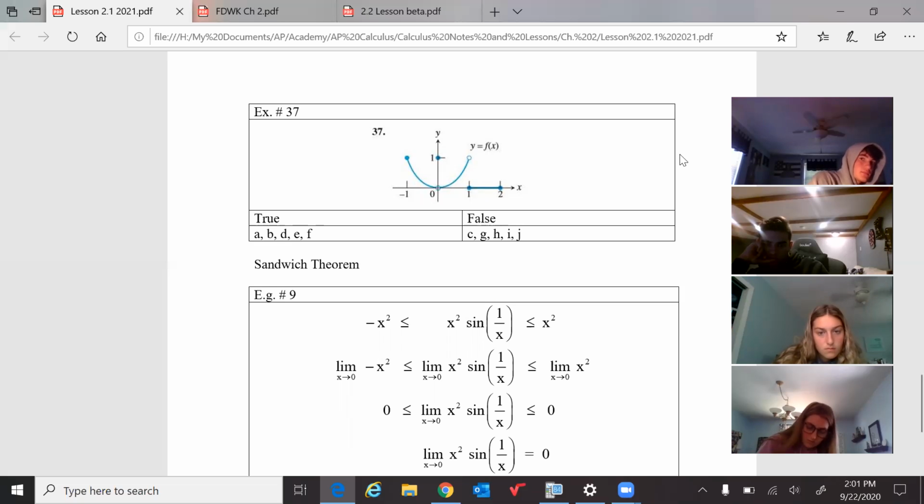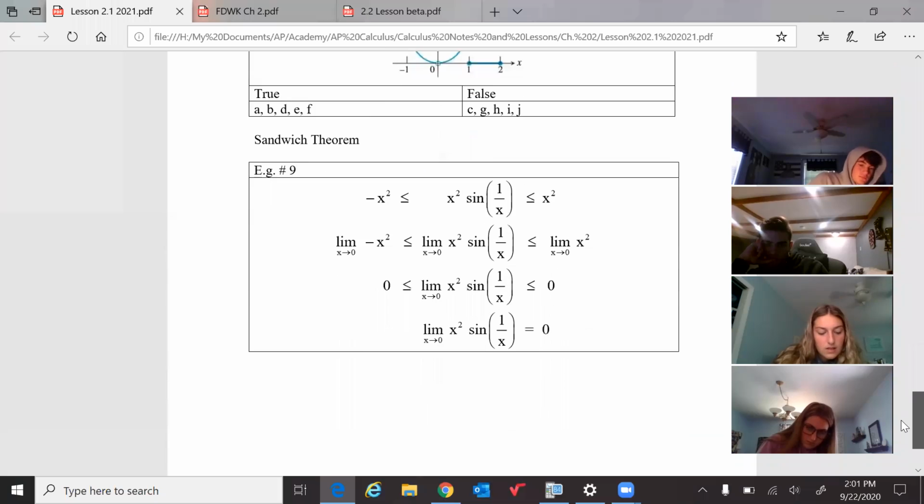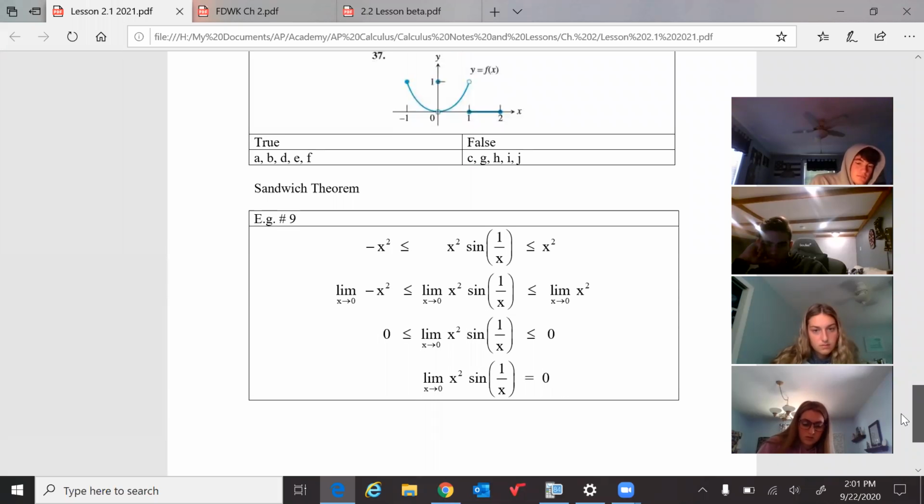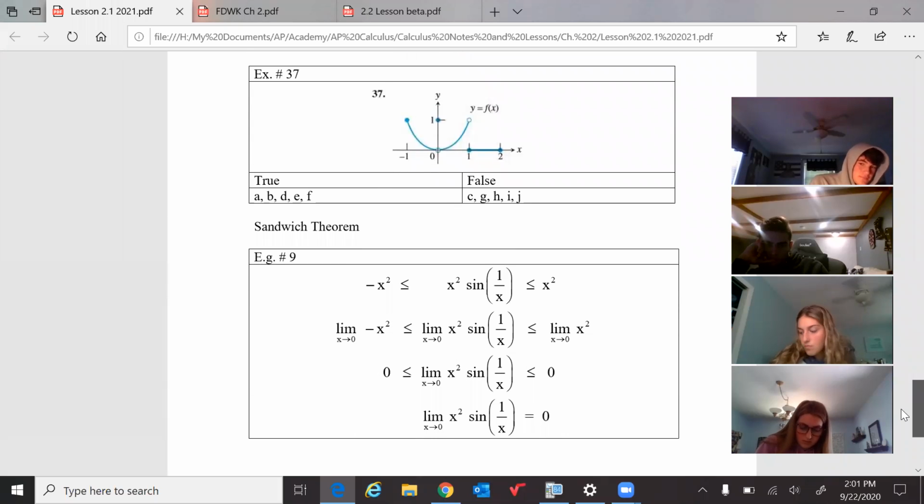Okay? And then example 9, which we're not going to deal with today, but we'll come back to what this means later. So I'm going to send you a